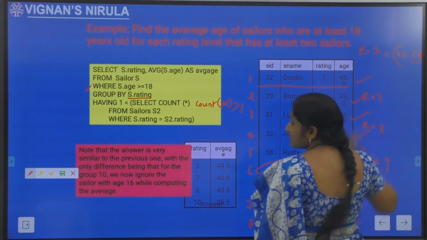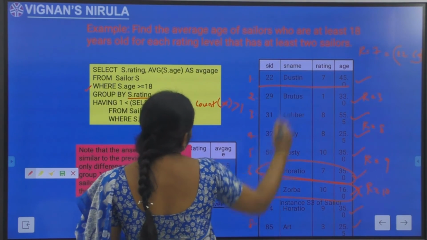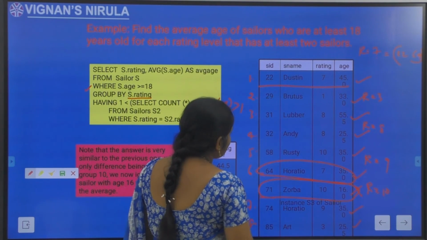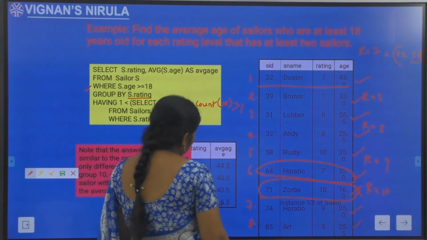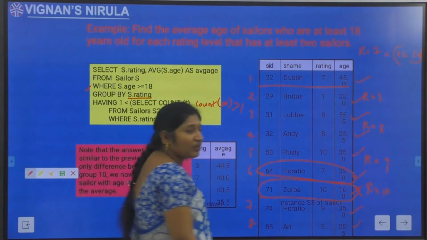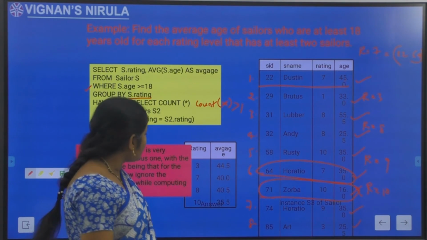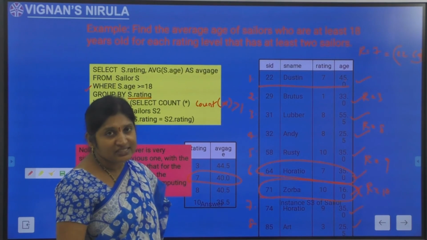So for these sailors, I need to find the average age. What is the average age? 45.0 and 35.0. 80 by 2, that is 40. This is the average age for the rating level 7.